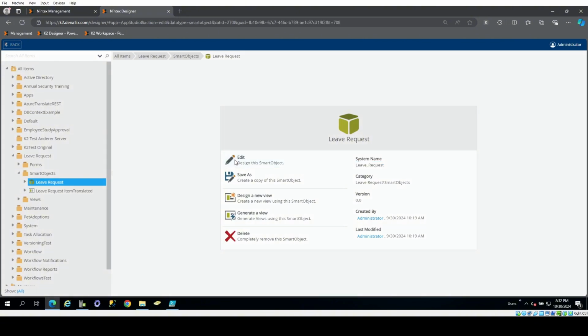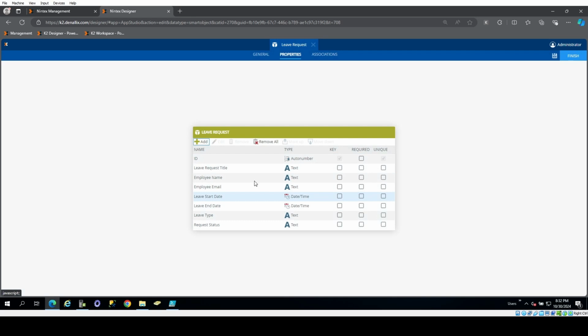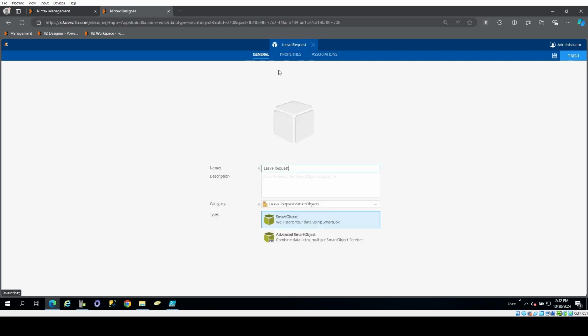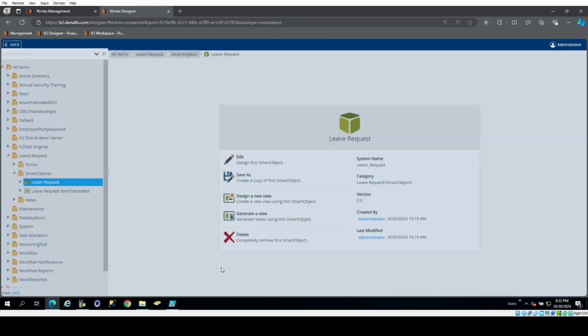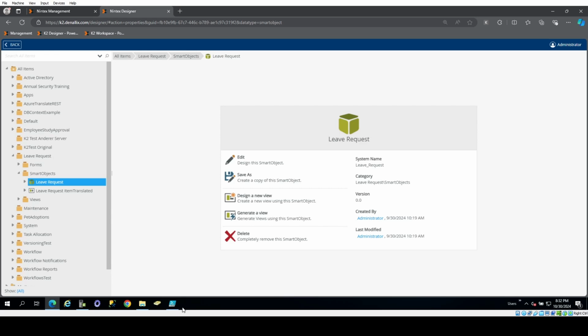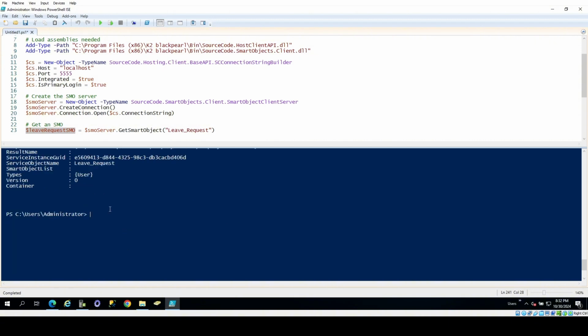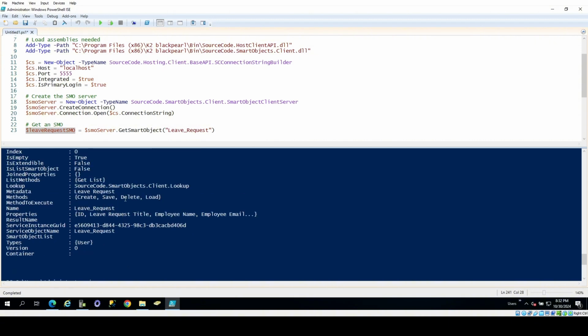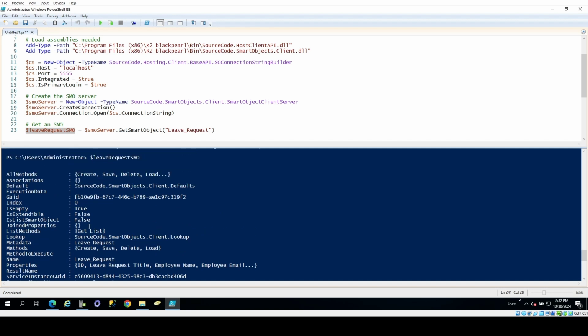I could compare that to this. And of course, we have the same properties. Since this is just a SmartBox smart object, not an advanced smart object, we just have the standard methods, the CRUD methods: create, read, update, delete, list. And we can see that here. Create, save, not update, delete, load. And we have one list method,